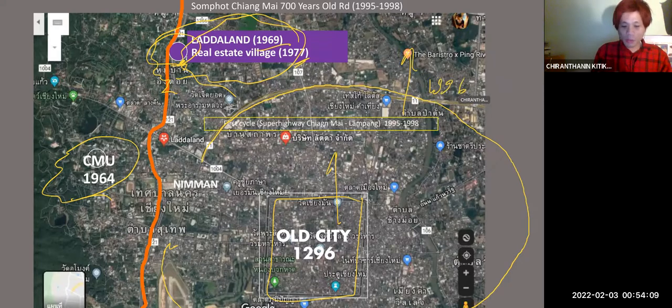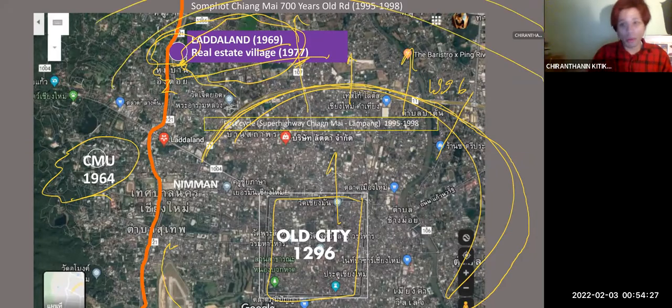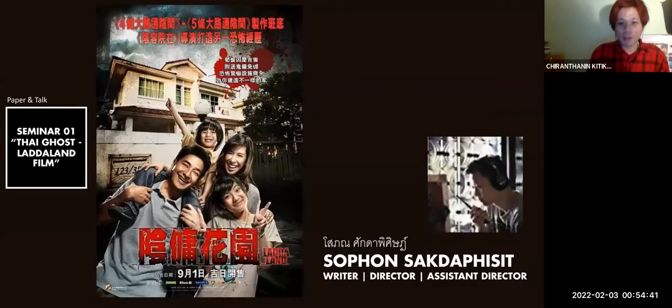And this is how Chiang Mai city tried to modernize, urbanize the country, to connect everything with the road. And this ring road, this circle, was connected to a new land called Ladda Land. But right now we have three circles already. This is so close to the city right now. But back in the 1960s, 70s, this was pretty far from the old city, right? And it became a nightmare.